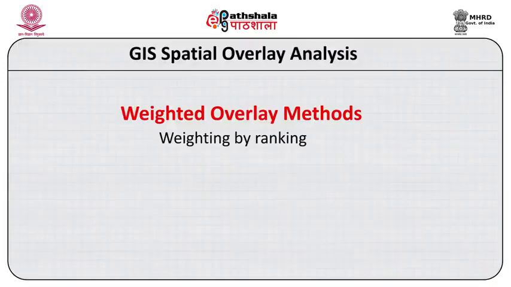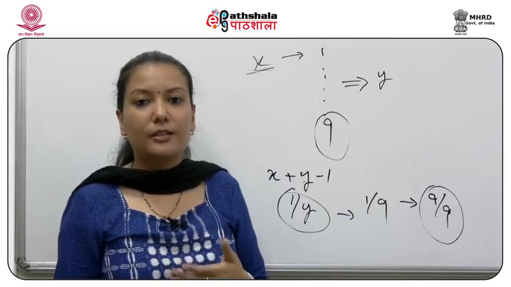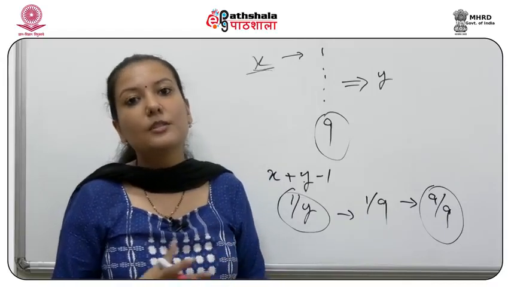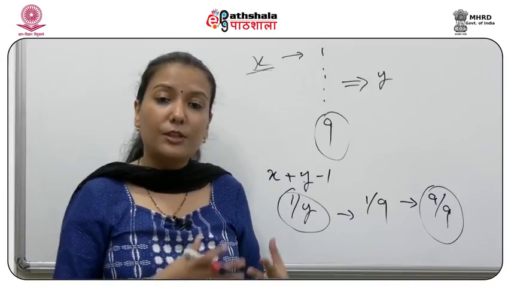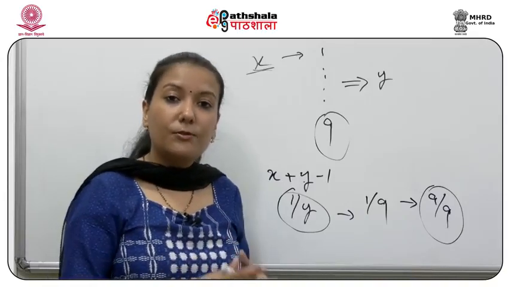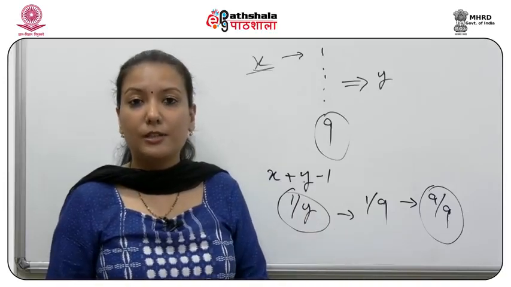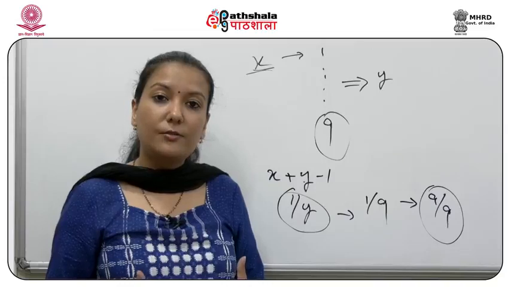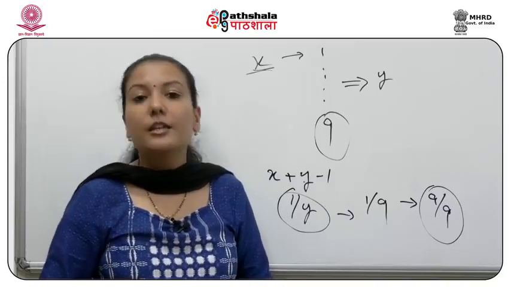The second is weightage by scoring. Now scoring is similar to ranking, but with every rank we also give the scores for each of the layers. Scores may vary between 0 to 100. So based on how much weightage we have to give to each of the layers, we give a score of suppose 20 to one of the layers and 50 to another of the layers. The total score here varies between 0 to 100, which you need to be careful about.